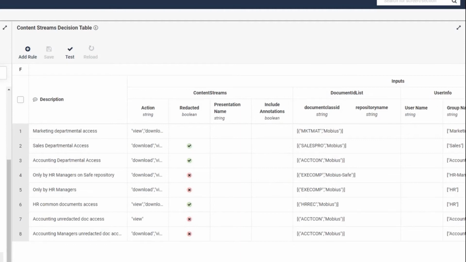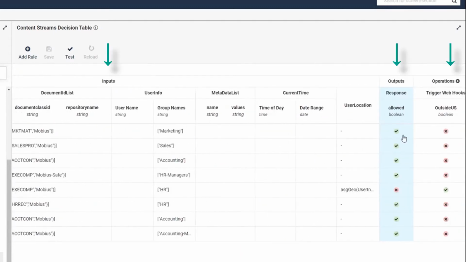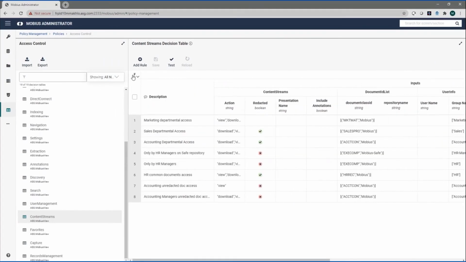The decision table is composed of inputs, outputs, and operations headings, and follows a hit-first algorithm that could be changed from this control. It means that it will consider the first rule that is matching the input data. If I open the first rule,